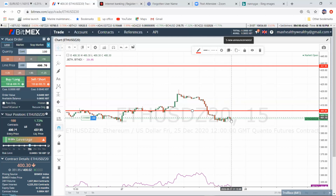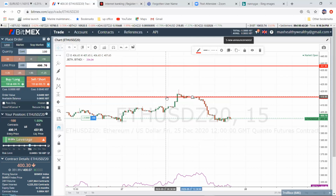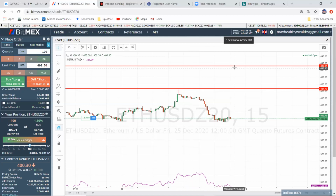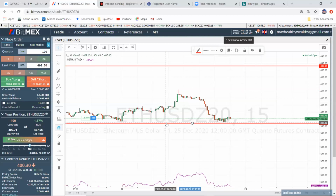But in this particular instance, I've placed a sell order here. You know, I'd put a stop loss just there. I'd put a stop loss there anyway, so I would never hit my actual liquidation point. My liquidation point's way up here and my stop loss is even closer. So if I went to here, I'd be losing $40. So I guess here I'd be losing $25 or something, so really not a lot of money at risk. But once this trade went into profit nicely and I was able to move my stop loss to below my entry point, so it's a risk-free trade, at that stage,